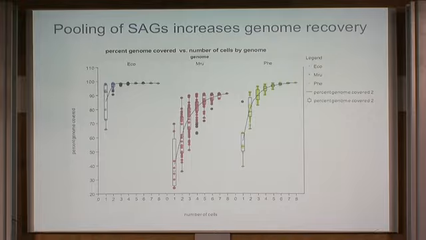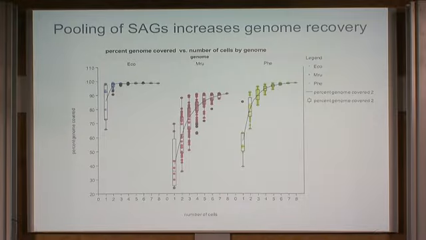So these numbers here are for combining the data sets of two different single cells. You see that the coverage gets higher, and when you end up with, I don't know, 4 single cells, you're already at like 80% of a genome. So if you have multiple single cells available, you can actually reconstruct more of a genome.